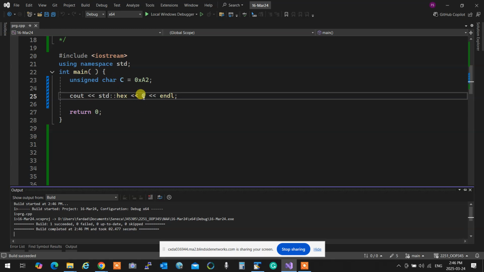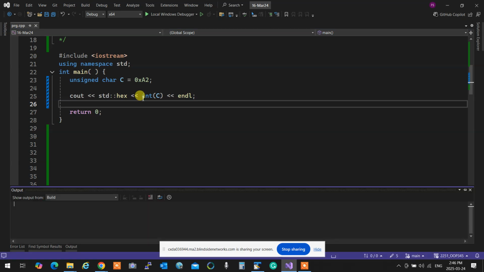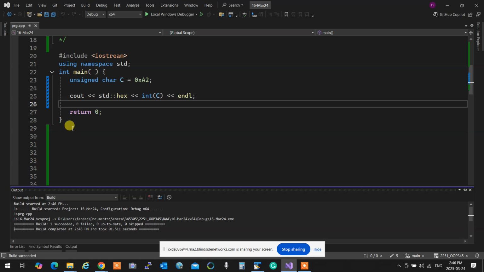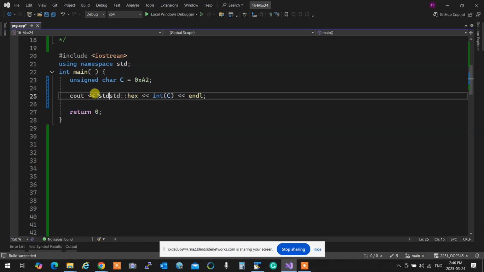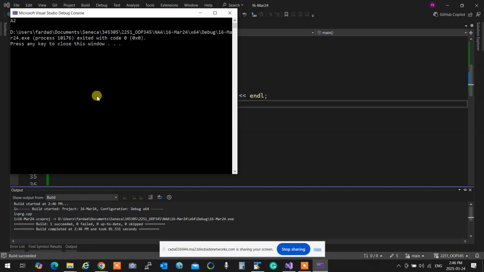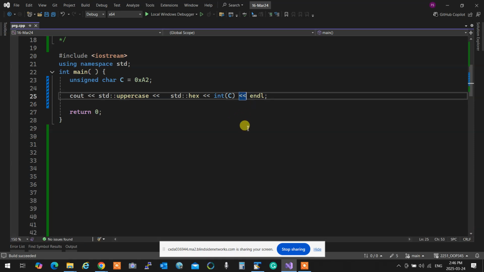Oh, because it's character. Sorry. That's it. A2, and then it was std hex in lowercase, if I recall correctly. I just want to show it once to remember what it was. So it's A2, so good. So that's the value, and it's hex.